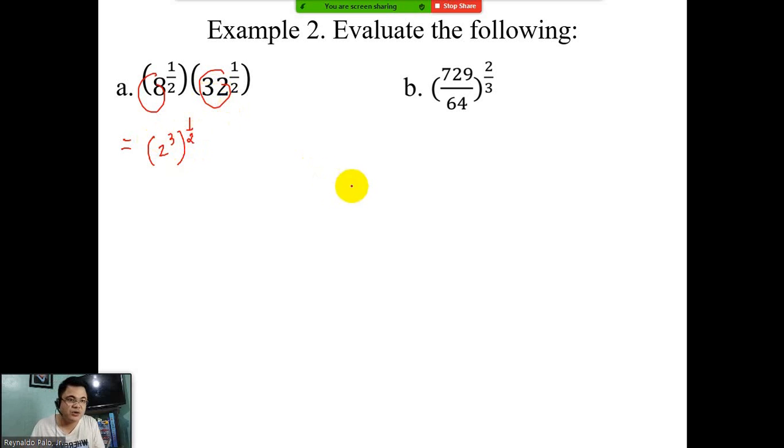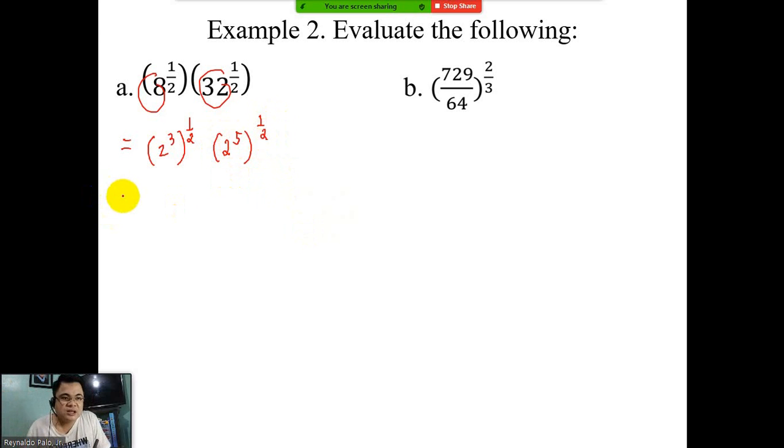Okay, so 32. How are we going to simplify? If it's not cube root of 32, we can actually try fourth root. Fourth root of 32 is not yet exact, and then we will be trying fifth root. Fifth root of 32 using your calculator is 2. So that's it. So 2 raised to the fifth power, raised to the power of 1/2. So all we need to do is to get the square root, cube root, fourth root, fifth root, and so on and so forth for you to be able to get the exact base that we are looking for.